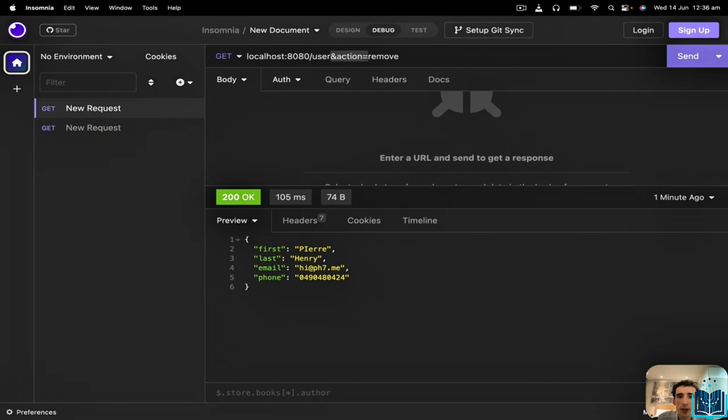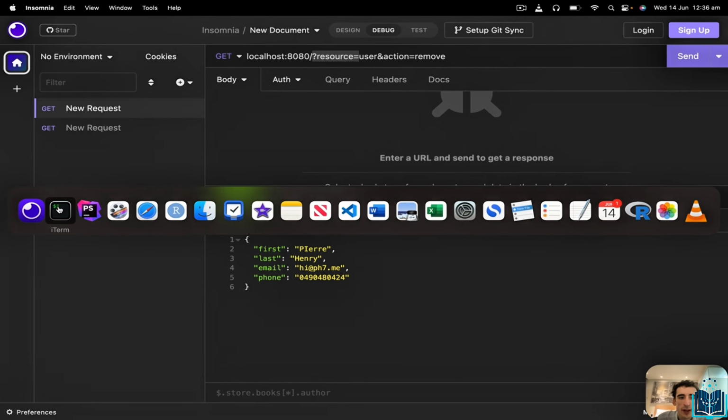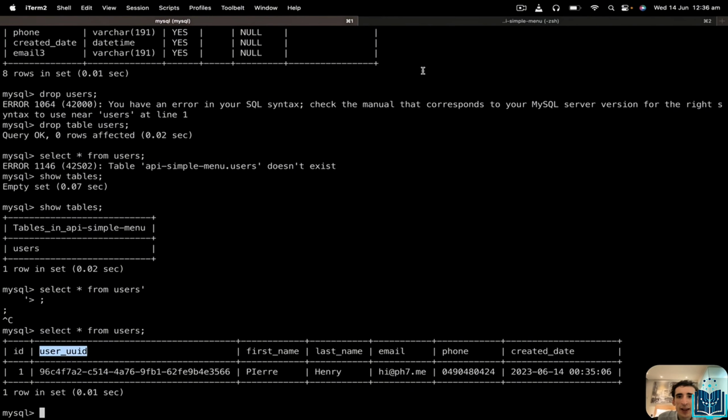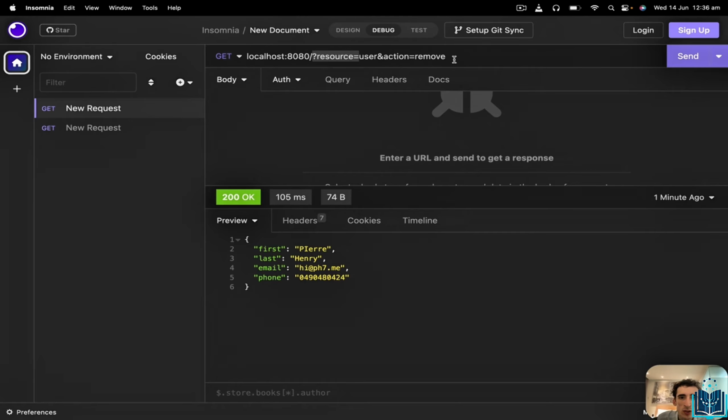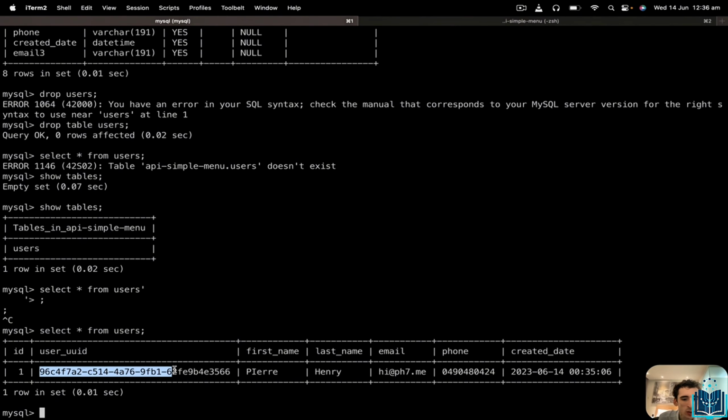In my case, it's just because I'm running the inbuilt PHP server with the PHP -S flag, and this is why I just did this 127.0.0.3. So in our case, we can do ID equals, and then I will take this user UUID,